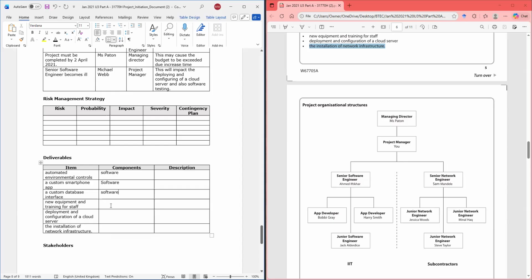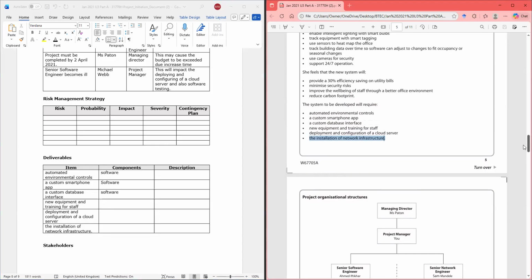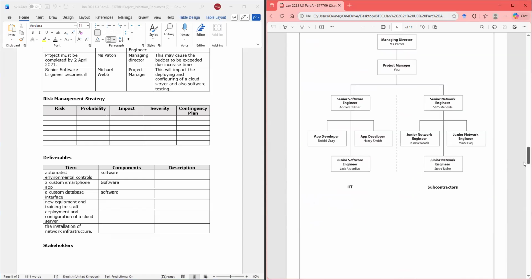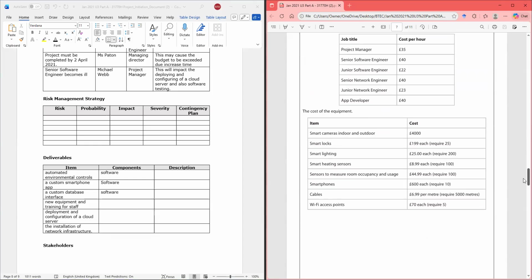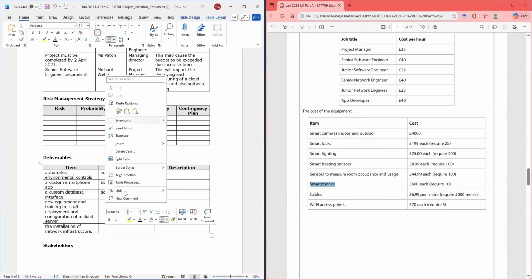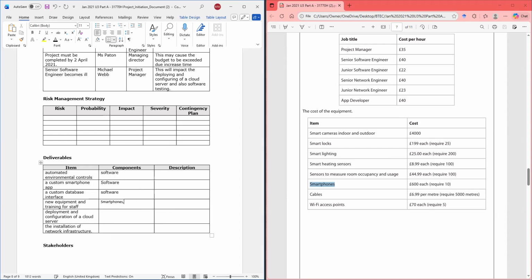New equipment for training staff. So now this is where you go to find it. The new equipment for training staff. So we have smartphones. That should be a part of the equipment because, what else do we need here?